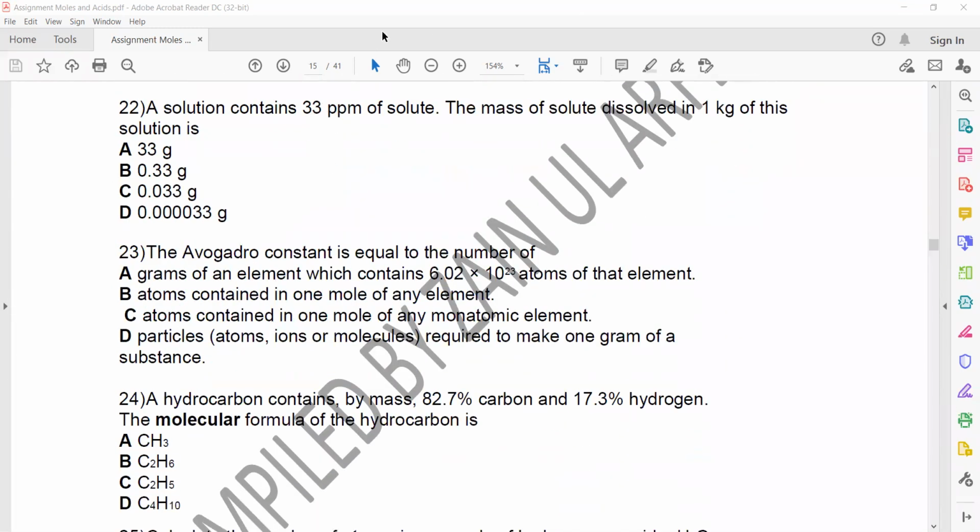In question 22, a solution contains 33 parts per million of solute. The mass of a solute dissolved in 1 kilogram of solution. So how we can work out? So concentration in ppm is mass of solute divided by mass of solution into 1 million. So the concentration is 33 parts per million, mass of solute is unknown, and all the answers